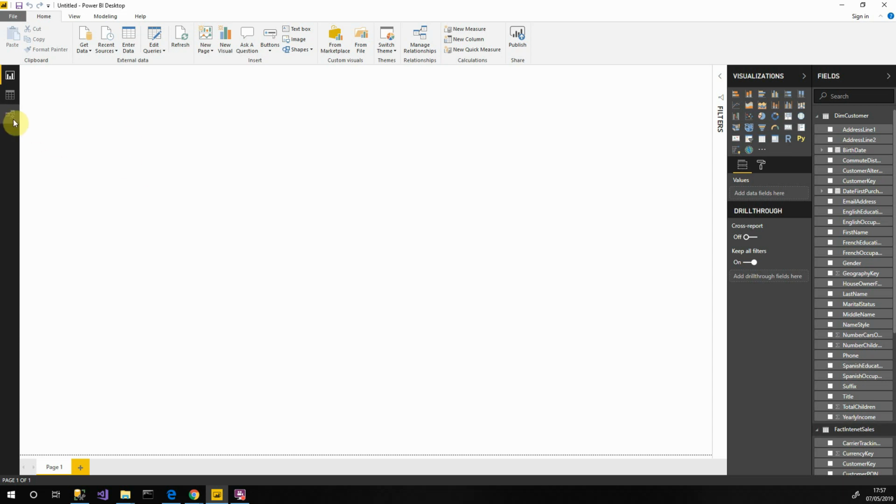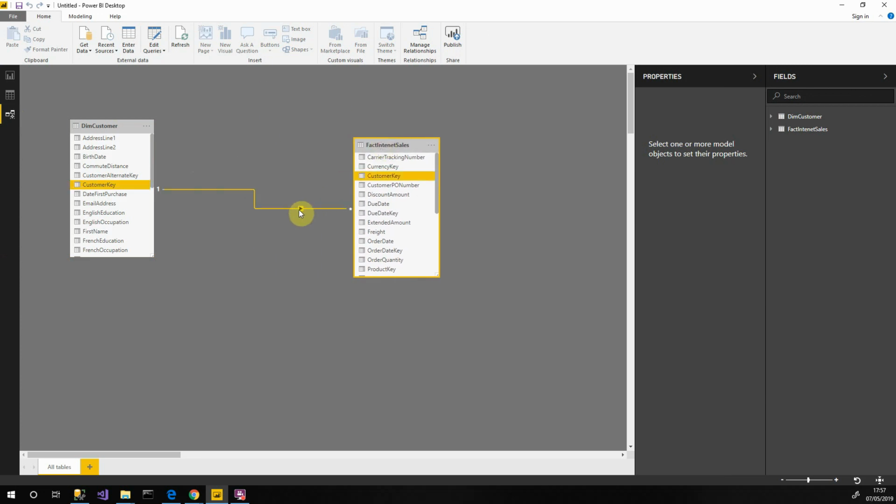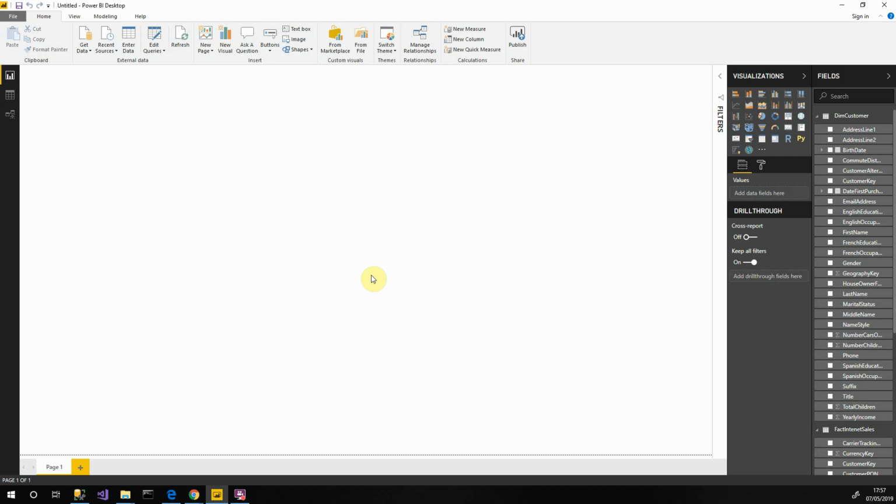And now we have data in our model. And if you look at the model, Power BI has automatically recognized where the customer keys are, the customer keys on both tables. So it's made a connection in one direction, and everything looks really great. So I will stop right there,